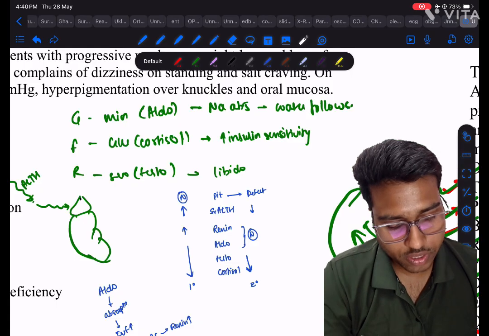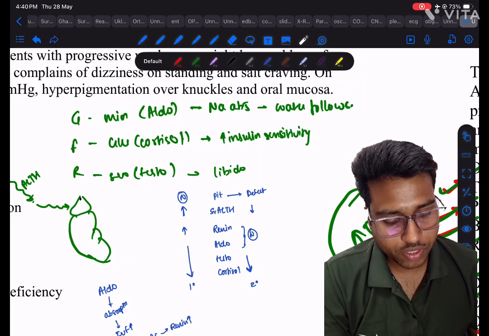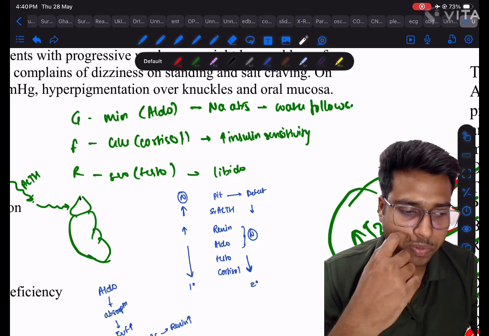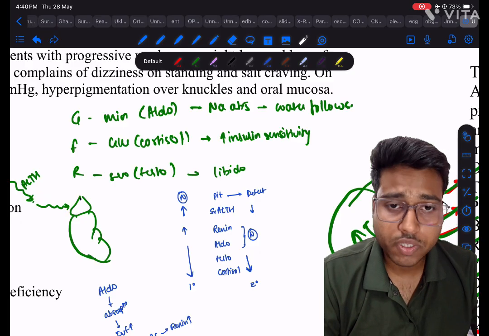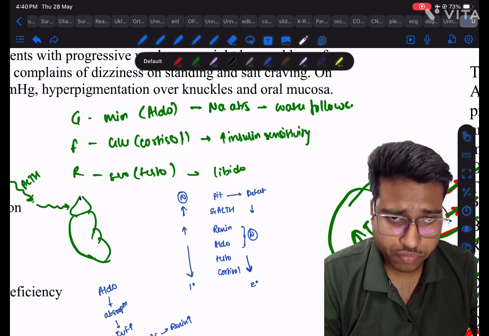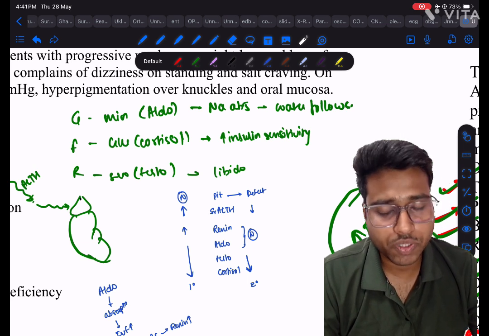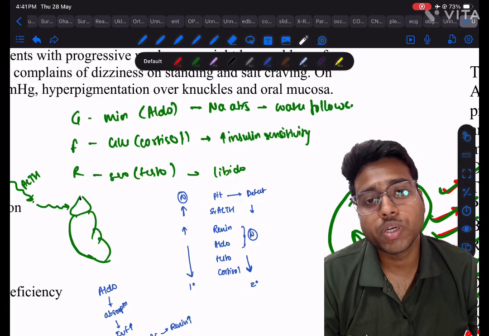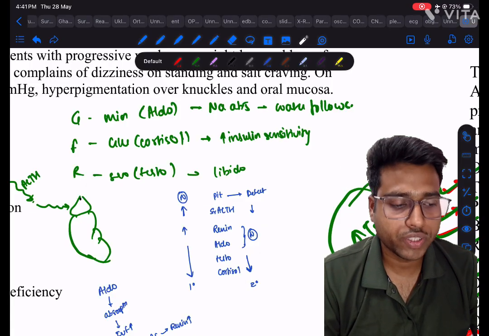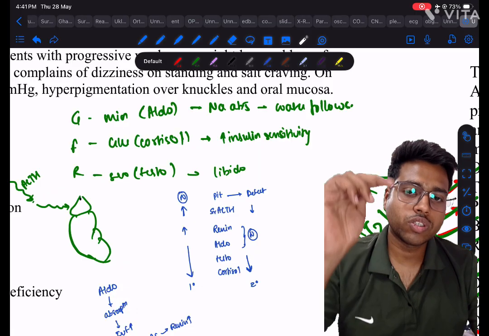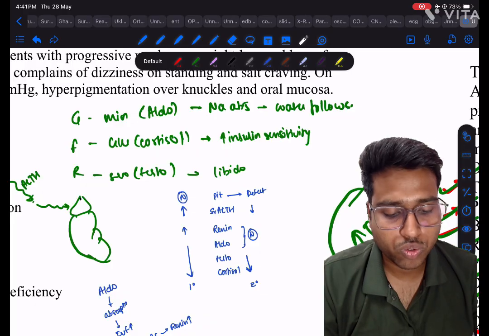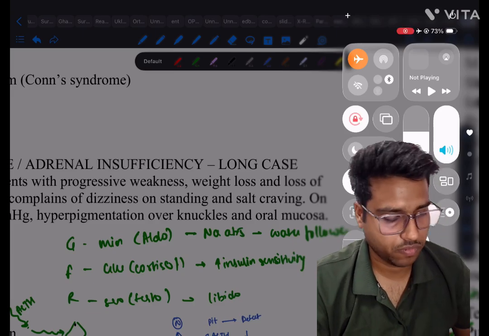So when there is a decrease in aldosterone, there will be a decrease in sodium absorption. If sodium absorption is less, water will also be less, so the patient will have low BP. Okay, and also because of the hyponatremia, it will not absorb the water, not just the sodium, because of the decrease in BP. It also causes salt craving, because there is no sodium in the body, so the body says I need more salt. Okay, and when there is low sodium there will be high potassium. Okay, this goes in reverse. And if sodium is low, there will be metabolic acidosis.